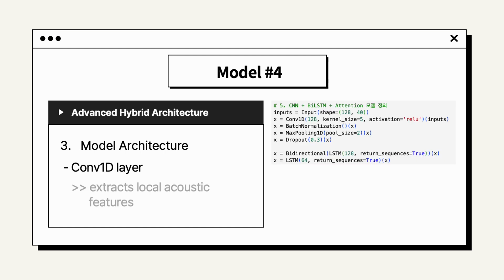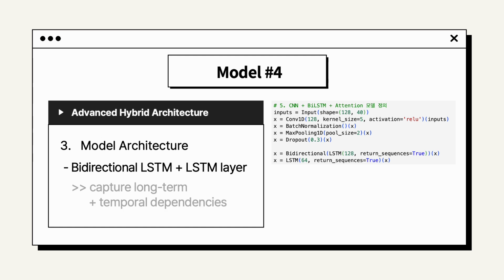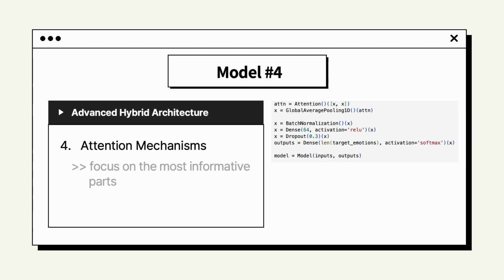The model architecture begins with a 1-dimensional convolution layer to extract local acoustic features, followed by a bidirectional LSTM and an additional LSTM layer to capture long-term and bidirectional temporal dependencies. We then applied an attention mechanism, allowing the model to focus on the most informative parts of the time series.